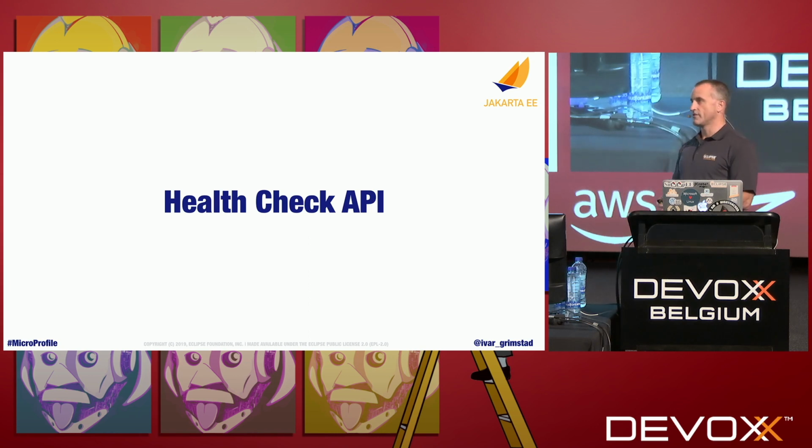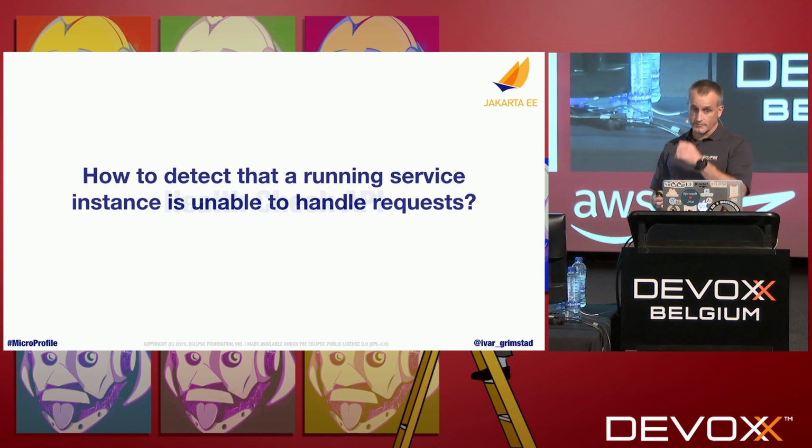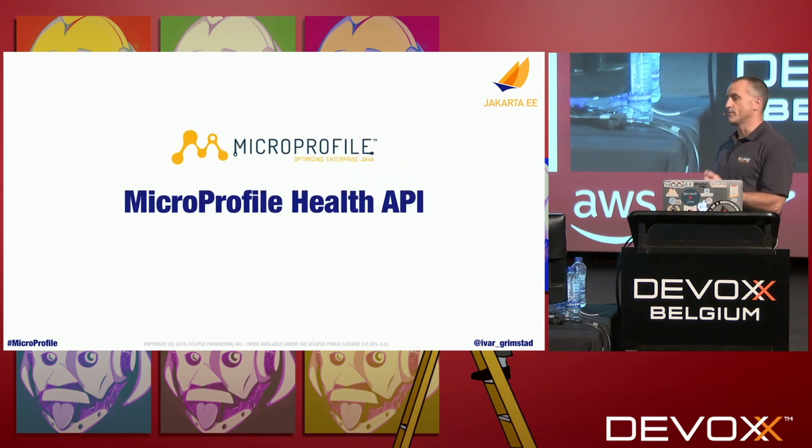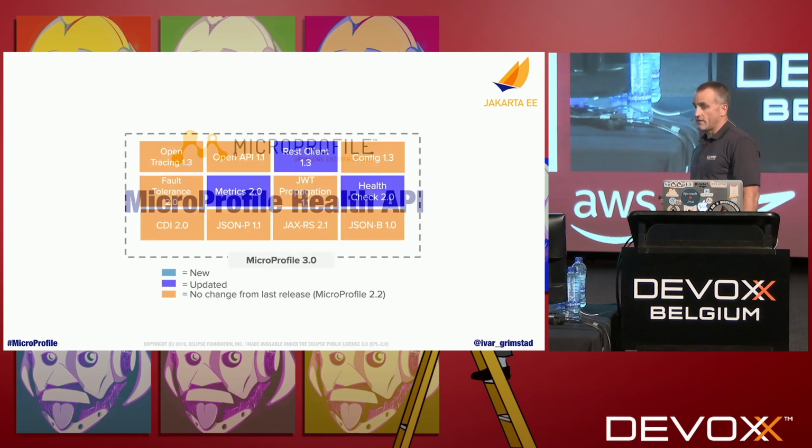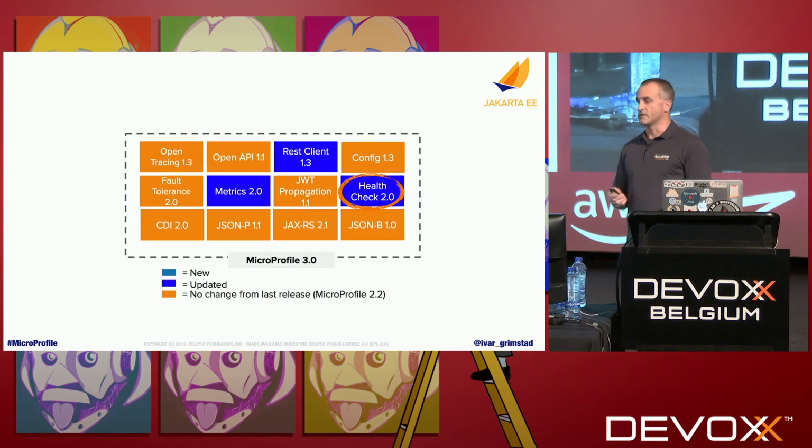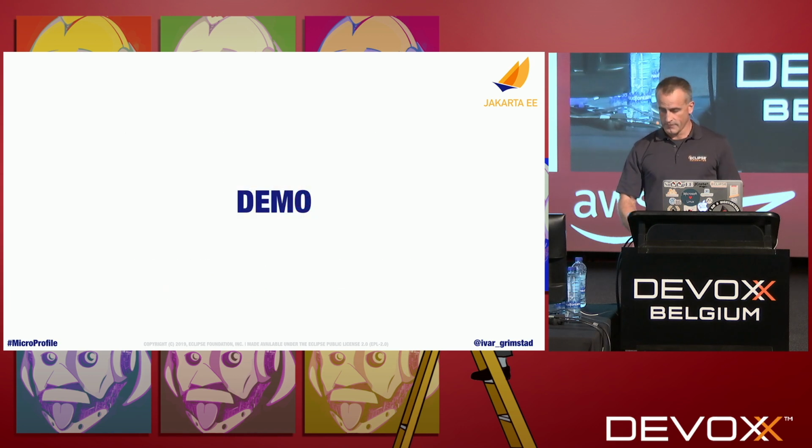So let's move on to the next pattern, which is health check API. And the problem statement for health check API is how to detect a running service instance is unable to handle requests. And to help with that, we have MicroProfile Health API. And the health API is implemented by the health check. And let's demo that one. And to do that, I'll